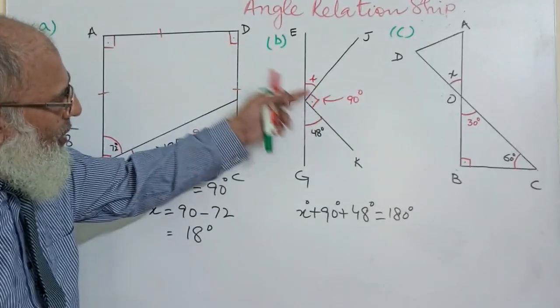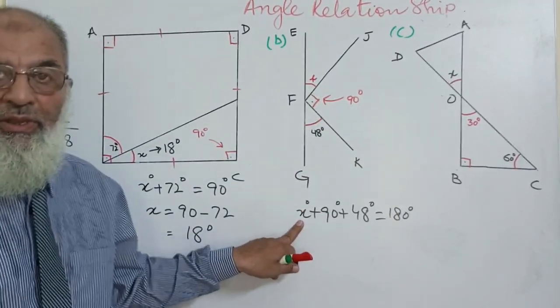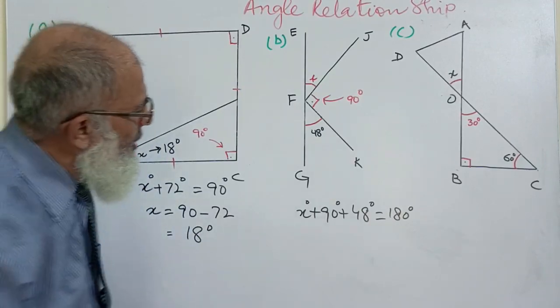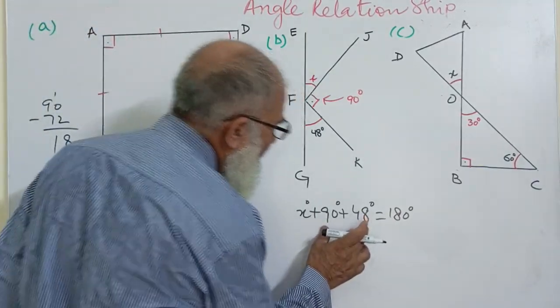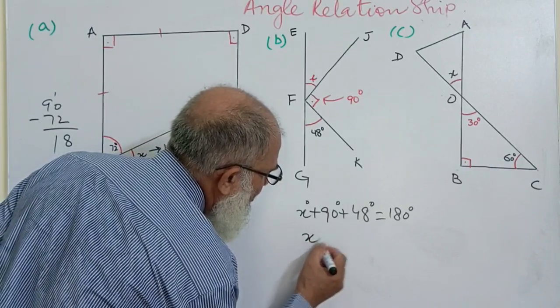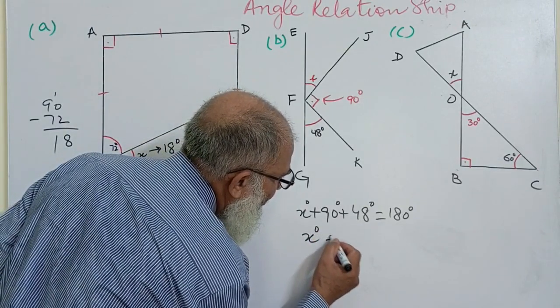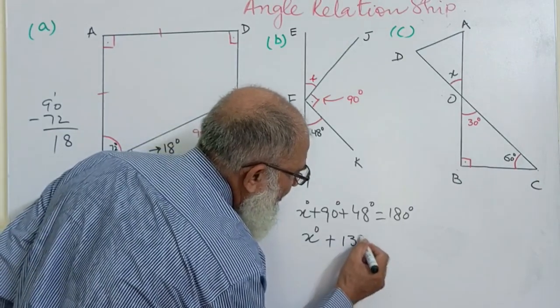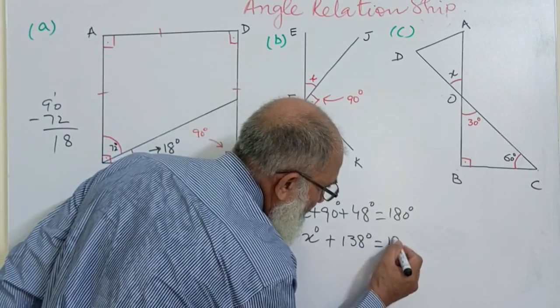Now these are all the three angles, x which is unknown and the two angles which are known to us. We'll simply add these two angles. Now it will become x plus 138 degrees is equal to,